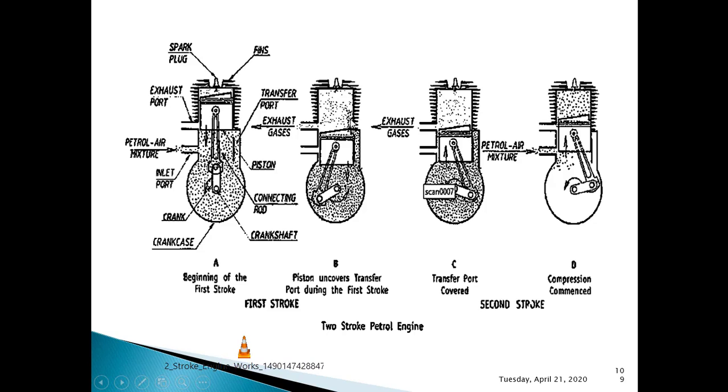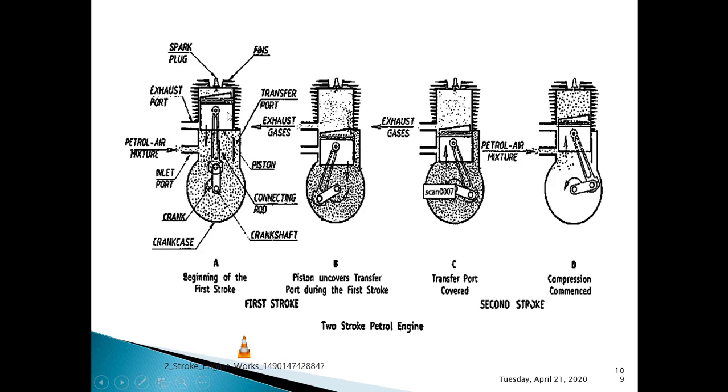That's fine. Next, let us begin with the first stroke and the second stroke. For the first stroke, I told you that you need to start with a power stroke in the case of a two-stroke engine. The spark plug will give the spark. That spark will ignite the air fuel mixture. As soon as the air fuel mixture gets ignited, it releases an enormous amount of exhaust gases. Those exhaust gases will make the piston move downward. That is actually the downward stroke.